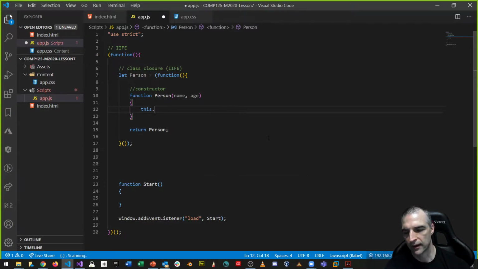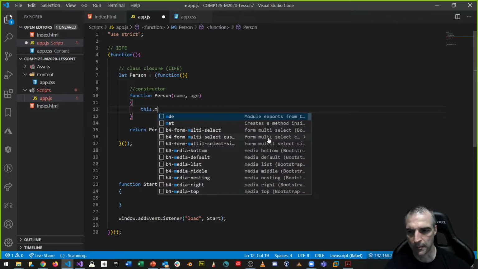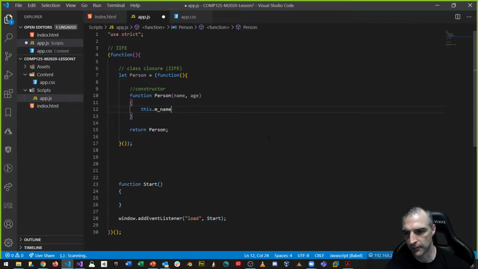And by the way, a lot of times what we want to define is variables with an M underscore for member variable underscore name. That means private name, the name variable. But however, I have to caution you that in JavaScript, this will be exposed because there is no private. Anything we expose outside of this